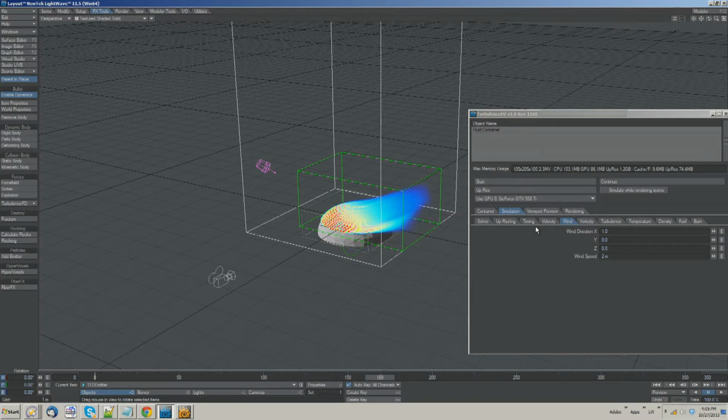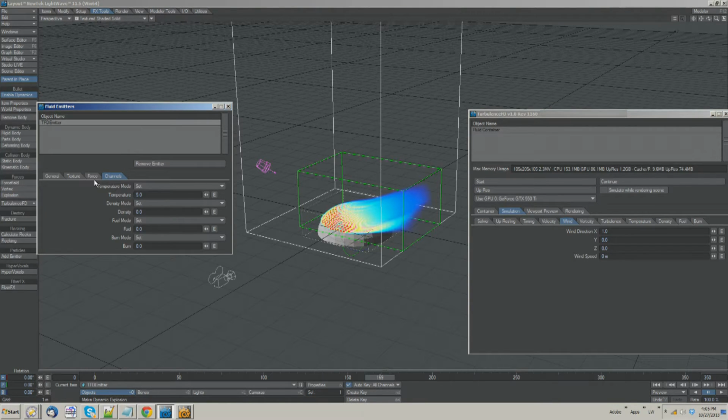Like if you had a Bunsen burner, say, you may wish to blow the wind around topically, or what's a good example? Tailpipe. If you've got a tailpipe and you have smoke streaming out of that, then you'd probably want wind flow inside the simulation. So I'm going to set that wind back to 0,